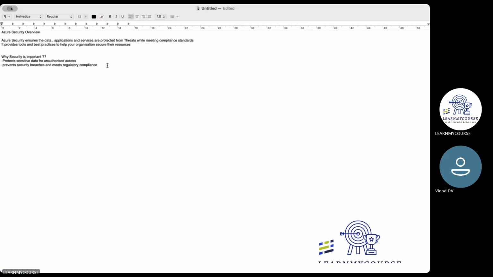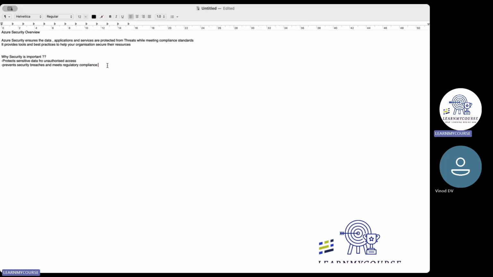So this is very important. Think of Azure Security like the alarm in your house. If a fire happens, the alarm will start ringing. Or a burglar alarm.